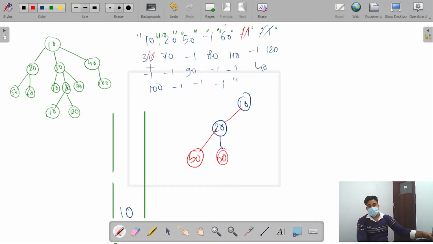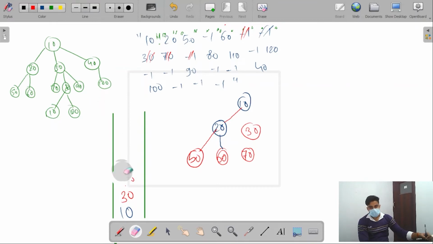Let's move forward. I get this 30, create a node, add it to the stack. Similarly, moving forward, I get this 70. I create a node, push it into the stack. Now again I get this -1.